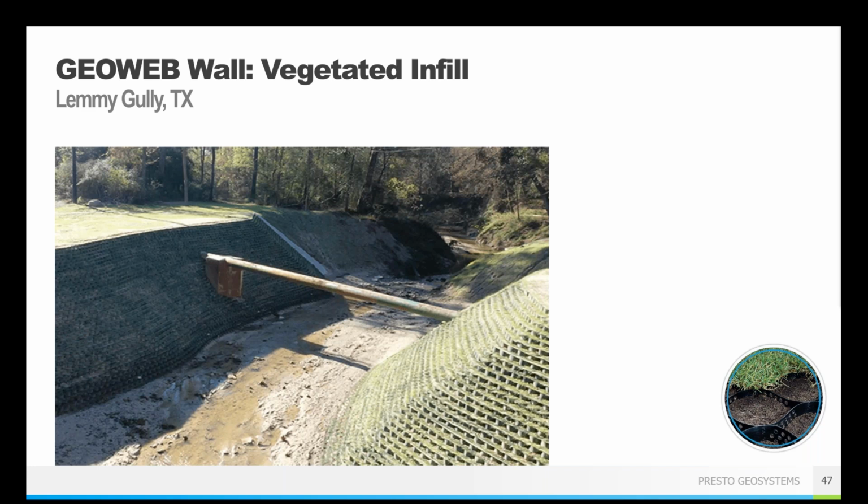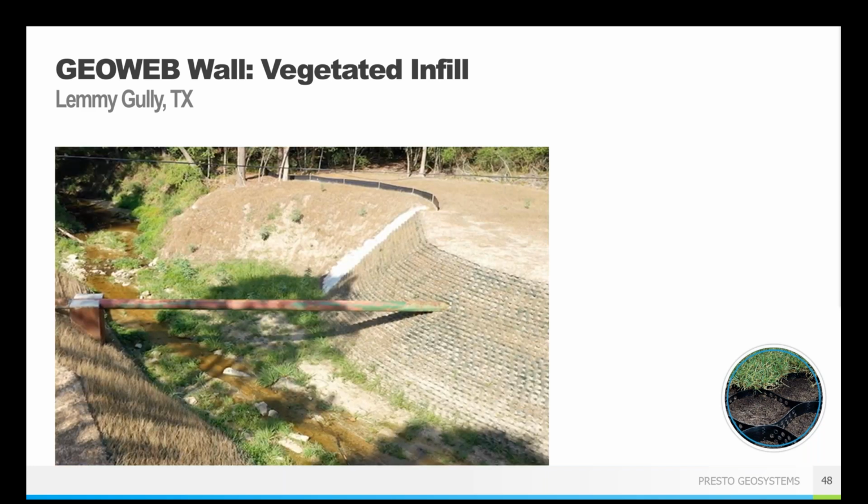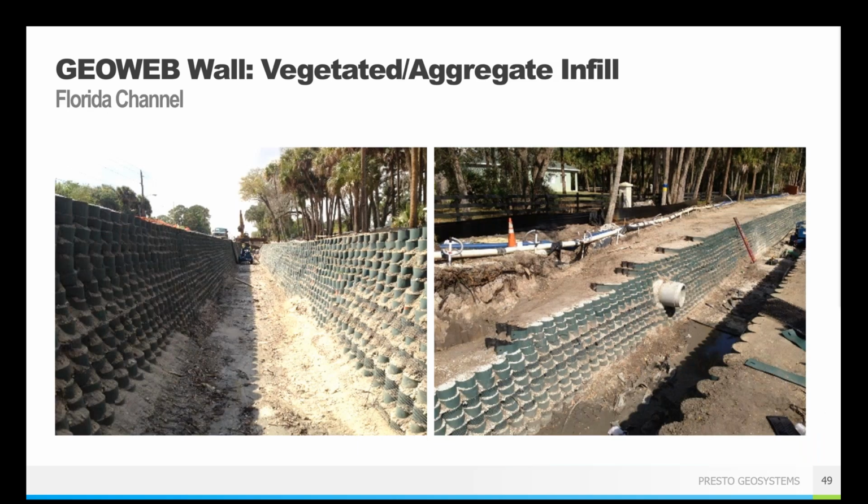And then here's what it is as it's starting to fill in. You can see that the grass along the bottom filled in first, but it's going to start coming up on those slope faces as well, so that you don't see the plastic. You're just going to see nice green slopes. And then this is going to be a great vegetated aggregate mix. This was again somewhere where they were going to have water flow, so they were concerned about erosion of the side slopes. Because there was going to be continuous water flow through the area, they knew vegetation wasn't going to grow along the bottom of this channel.